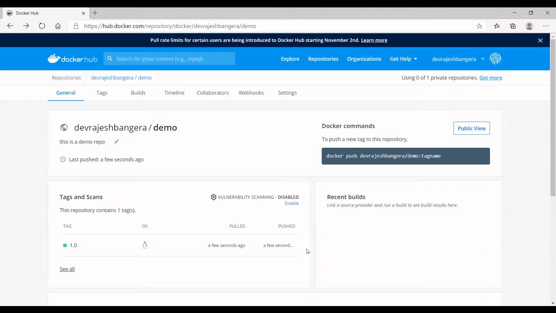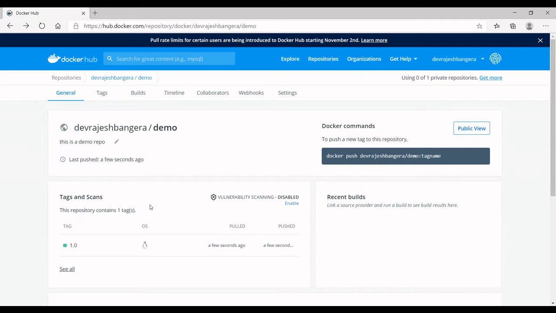Now we will see how we can pull the image from this Docker Hub repository to our local system. We are done with the push operation and it has successfully pushed the local Docker image to our newly created Docker repository. Now the second topic is that we will pull this uploaded image to our local system.